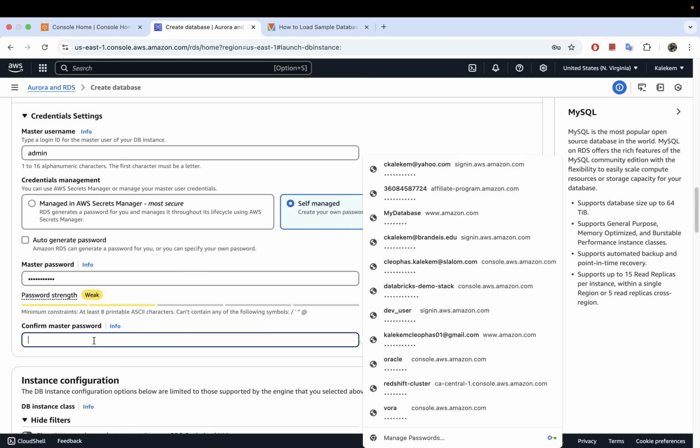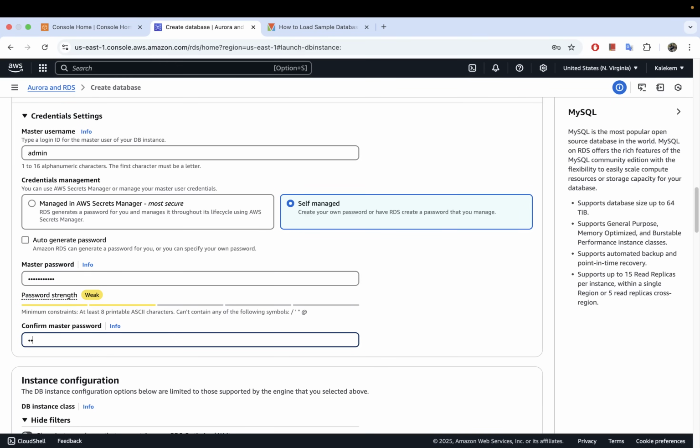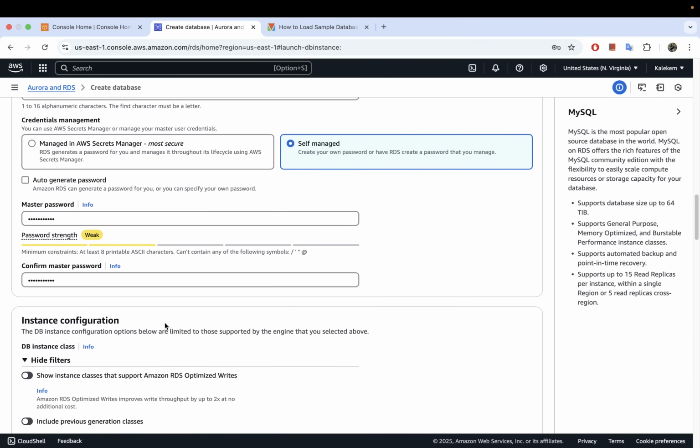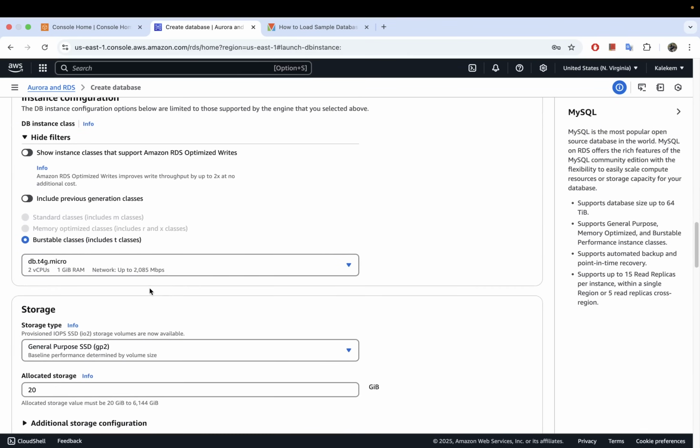Okay, just make sure that the password is strong. Mine is pretty weak, so you can see it tells you right there. Okay, all right, so I have set my password now, and then the next thing, I will scroll just down